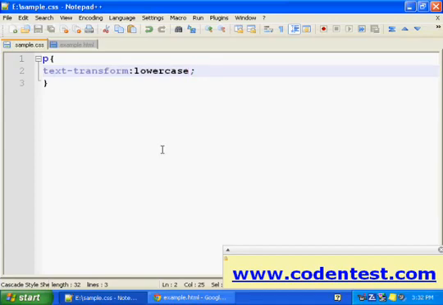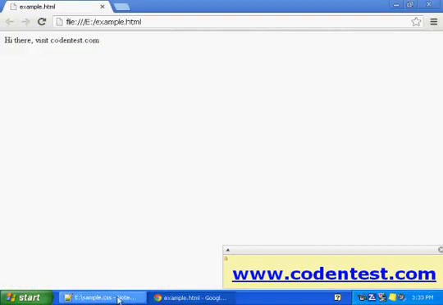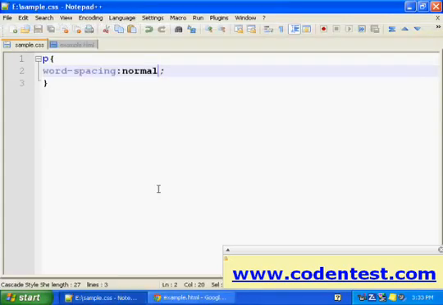And the next thing is word spacing. The value could be normal or it could be a number in pixels. Let's first write normal here, and let's save this. So hi there, visit codandtest.com, that's normal, or it could be a number in pixels, let's say 5 pixels.